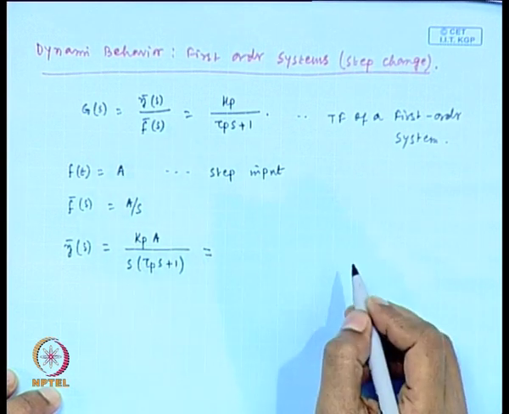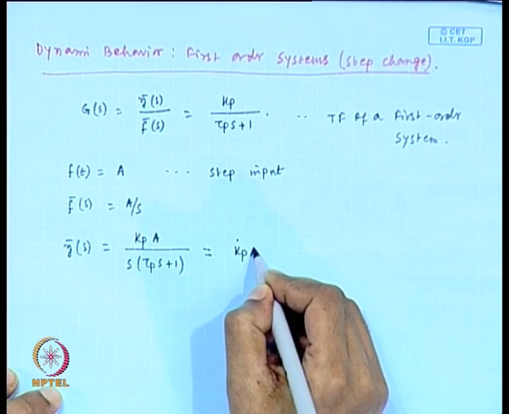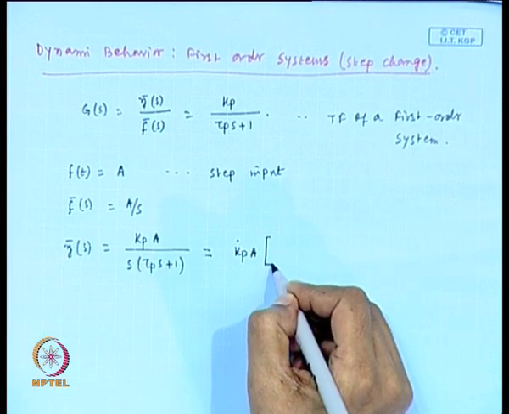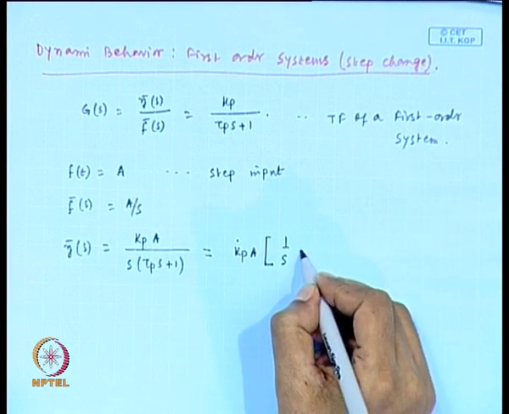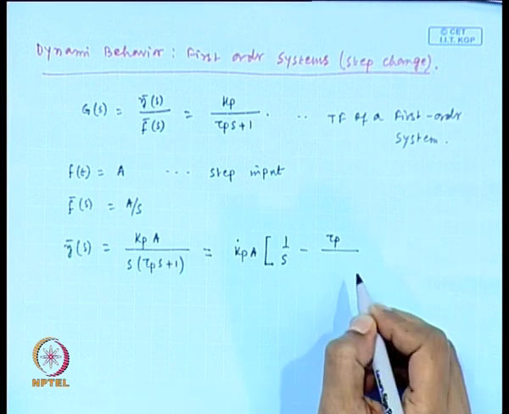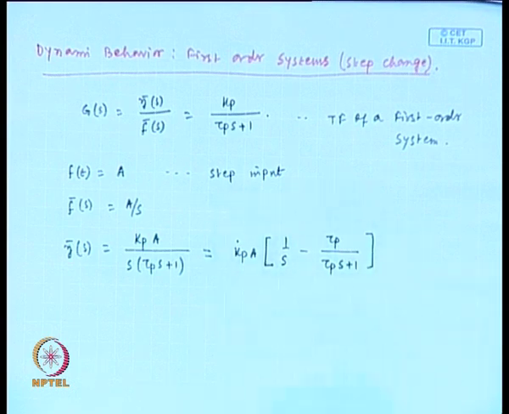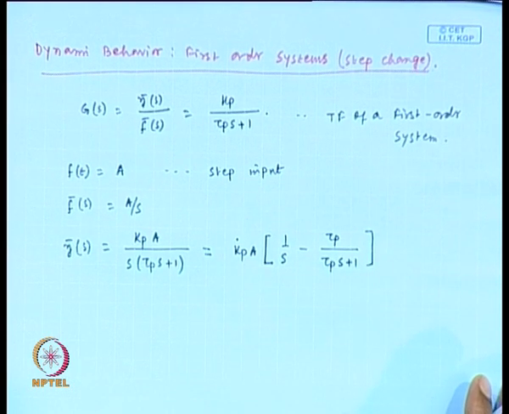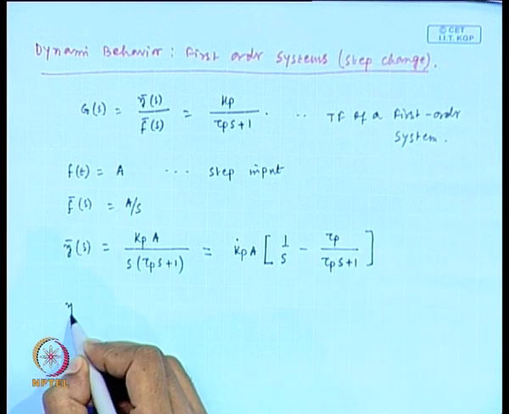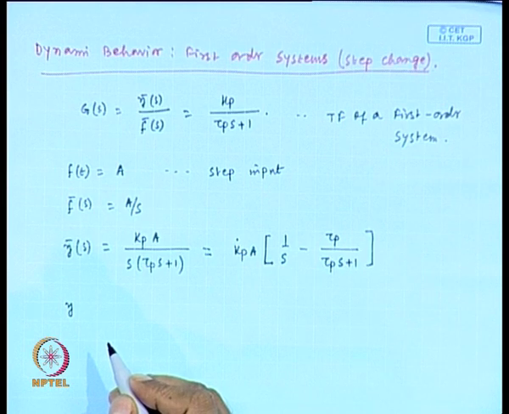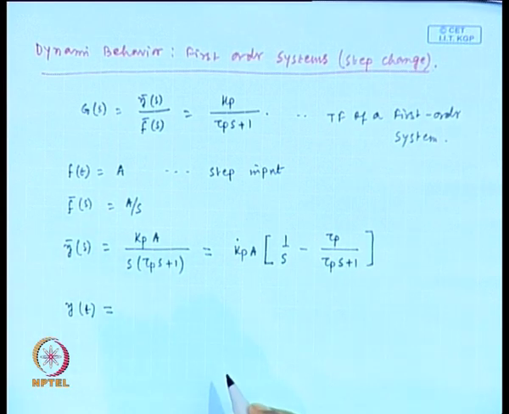Now, we can write this as K_p A multiplied by (1 divided by s minus tau_p divided by (tau_p s plus 1)). Fine. Taking inverse of Laplace transform, we get the output y in time domain as